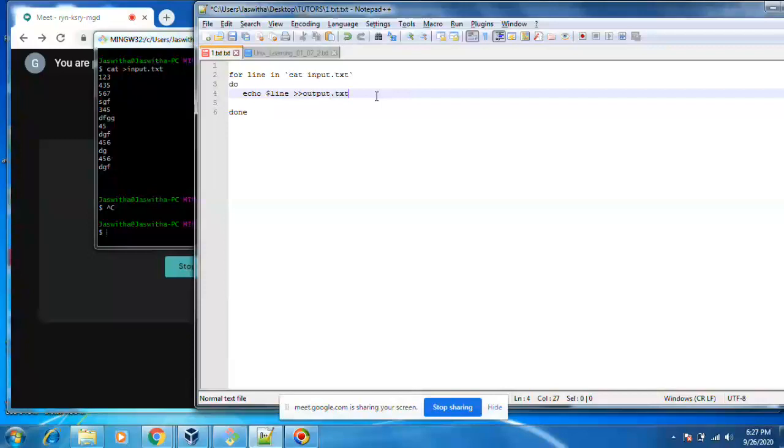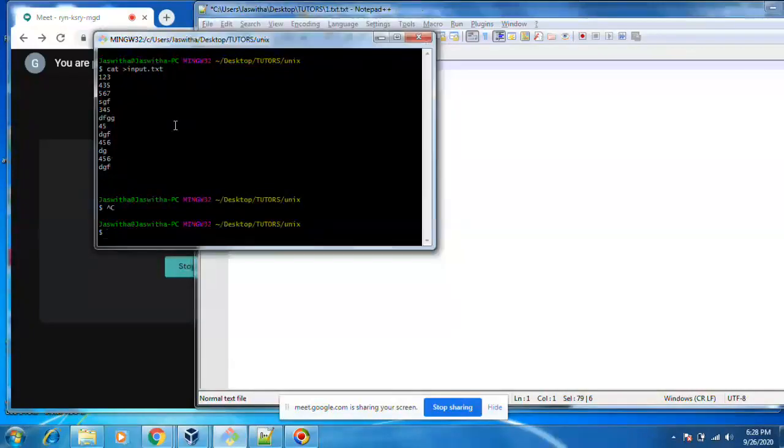While executing, it will take some time to print this output. I'm just creating a small script.